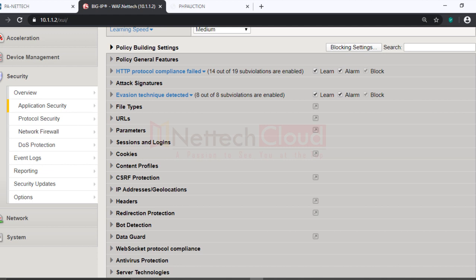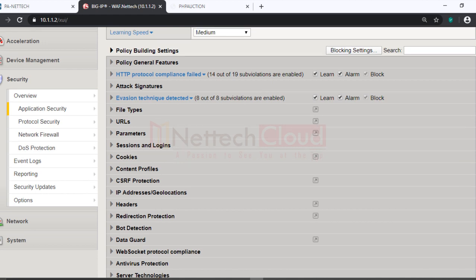So don't worry, it is not required to understand the Check Point firewall, but from an interview perspective, you should at least know some of the differences between a WAF and a next generation firewall. It is a very common question nowadays, because next generation firewalls do provide a lot of the security features that a web application firewall provides. That is why it is one of the most common questions nowadays.